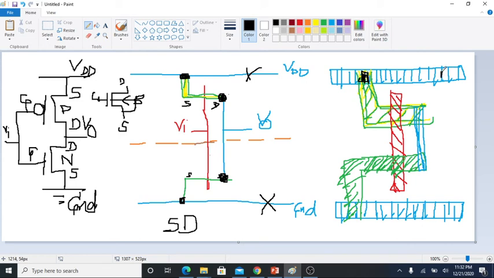And for a stick diagram you make crosses for the substrate connection, but for layout you always make all the connections, all the contact cuts of black color square. So this is one square, this is another square, and then here you have this and this, and then you can show the inputs and outputs.